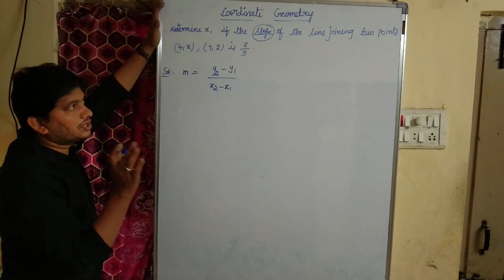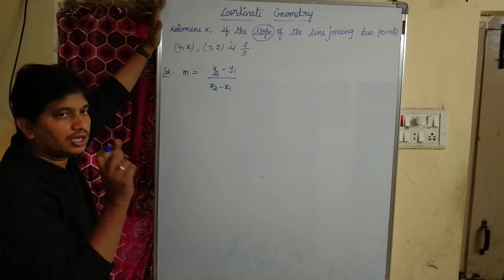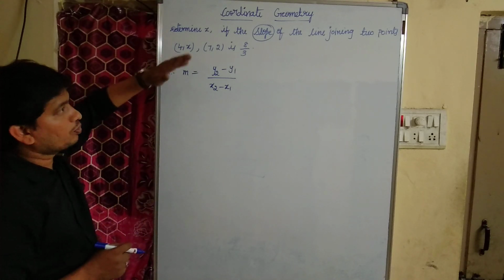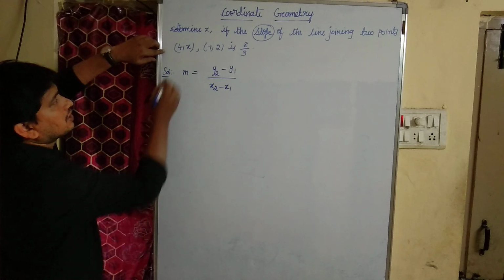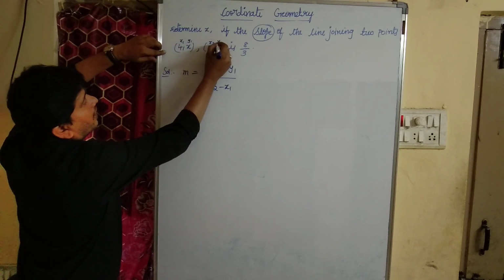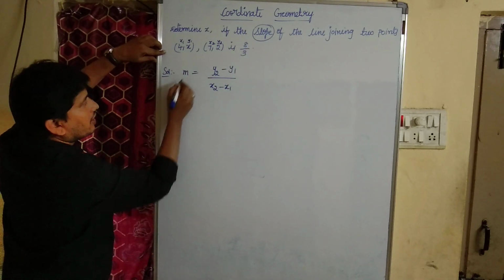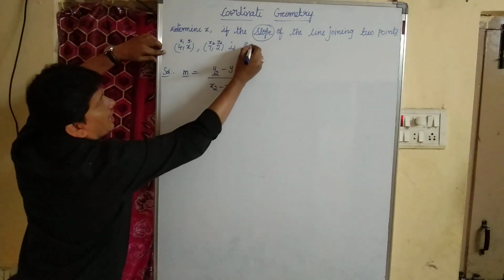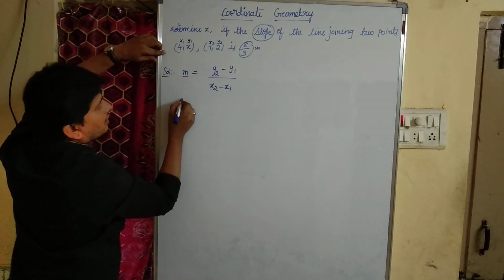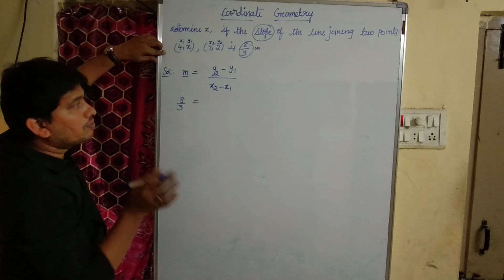And here, if you observe the question properly, determine x. I mean, we have to find the value of x. If the slope of the line joining two points, this is our x1, y1, x2, y2, is 8 by 3. I mean, slope is given. The value of m is given. This is the value of m, which is given, 8 by 3, equal to y2 minus y1